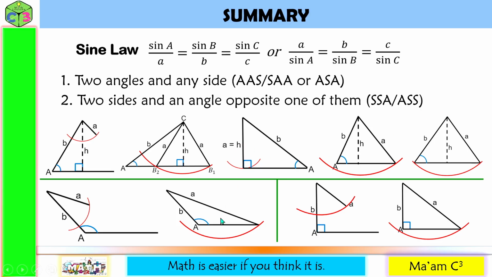I have divided the ambiguous case into three parts. The first one, when the given angle is acute. The possible outcomes would be no triangle, two triangles, one right triangle, one triangle, one isosceles triangle. When the given angle is obtuse, we have two possible outcomes, no triangle and one triangle. And when the given angle is 90 degrees, a right triangle. If the opposite side is less than the other side, no triangle. If the opposite side is longer than the other side, we have one right triangle.